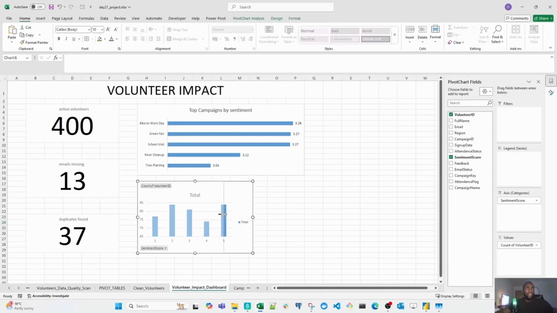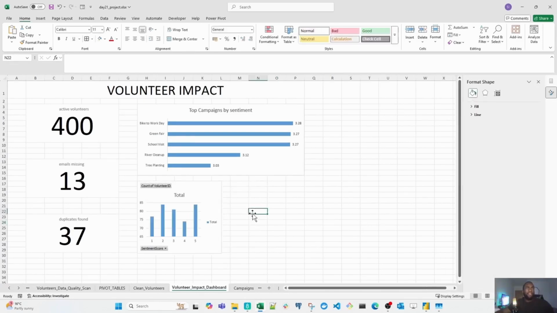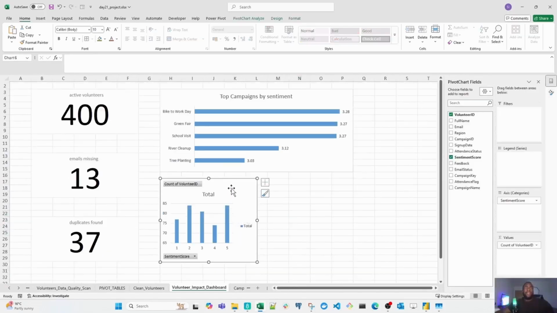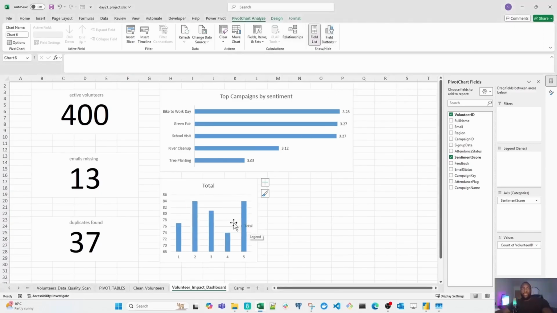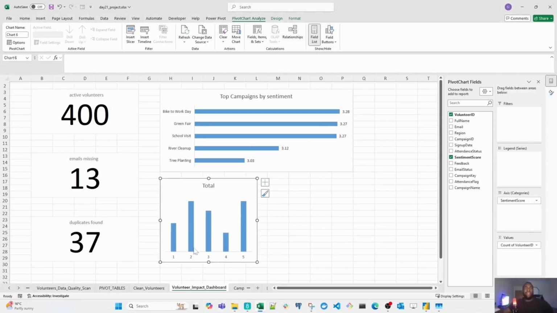So I just want to center it. Let me just make it half the size of the top campaigns by sentiment. And then you know the drill by now. We're going to remove the field buttons, and then we're going to remove the legends, get rid of the grid lines, get rid of the axis, and then we're going to name this